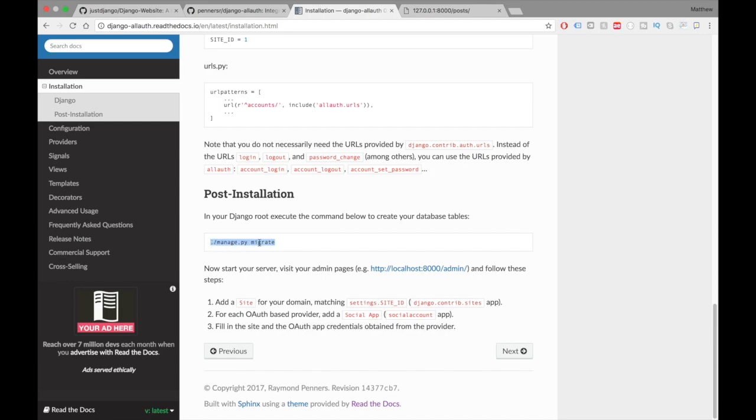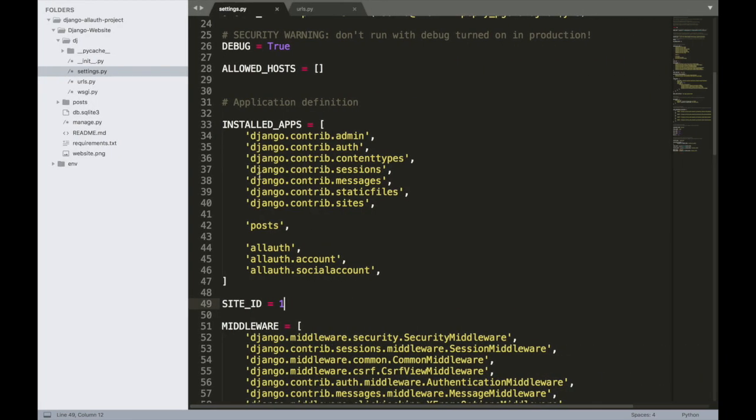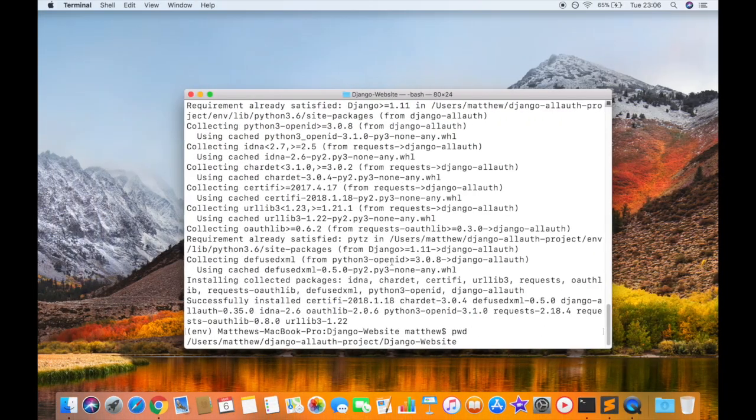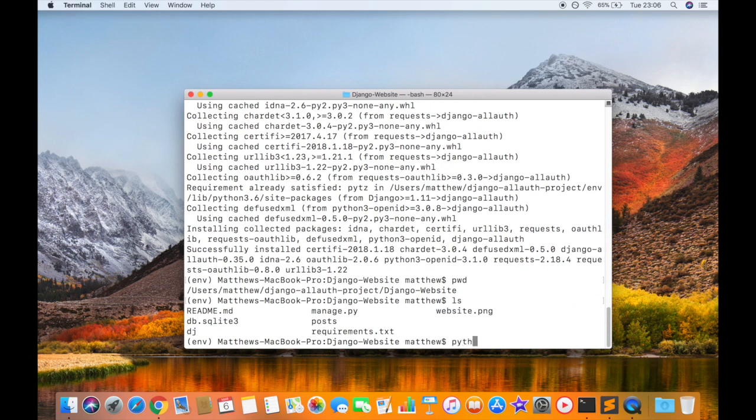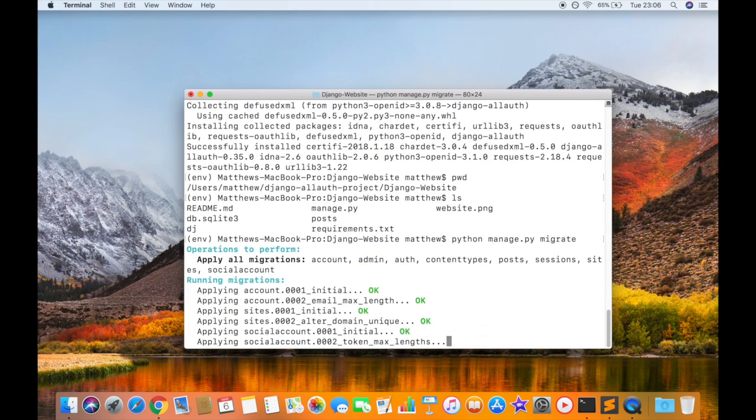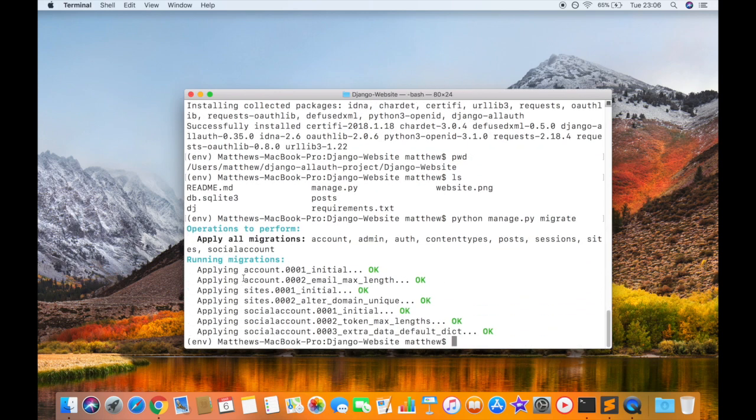We just need to say manage.py migrate. So we will do that. We'll go into the terminal here and we will say python manage.py migrate. And they made some migrations for account, sites, and social account. And now if we run the server,